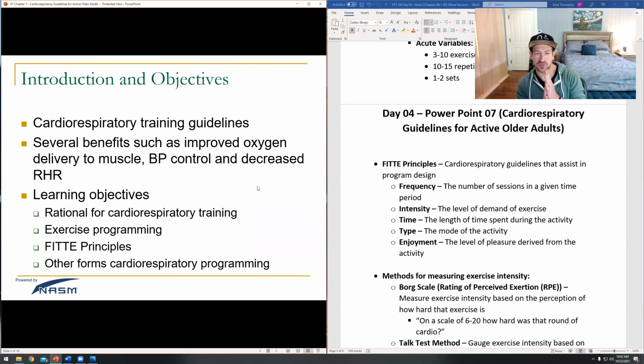We're going to be talking about the importance of cardiovascular training. We will talk about the rationale, why it's so important, how to program for it, and we will be reviewing our FIT principles again. Like I warned you,